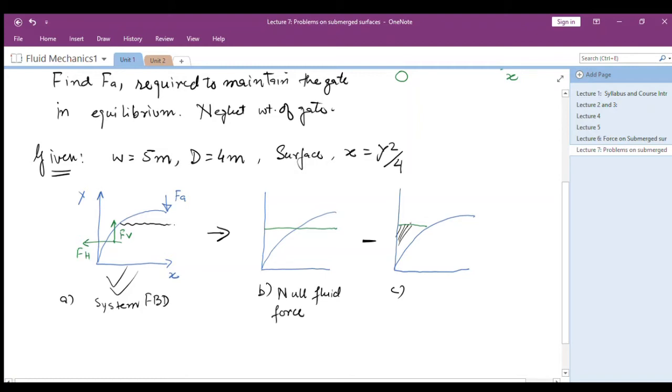You can subtract the rest of the portion so that you have something like this acting, and now your forces would be